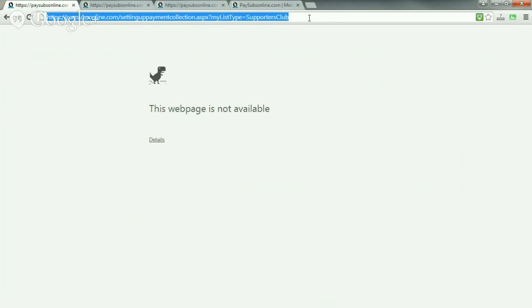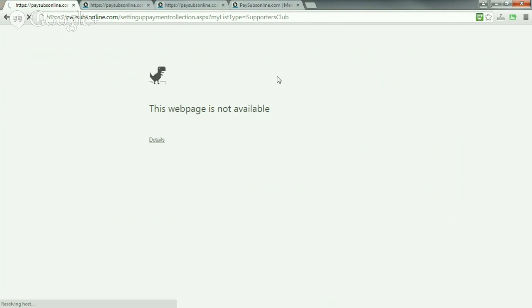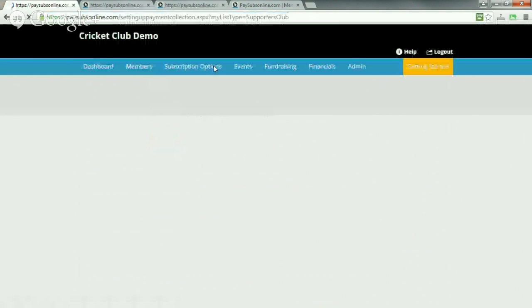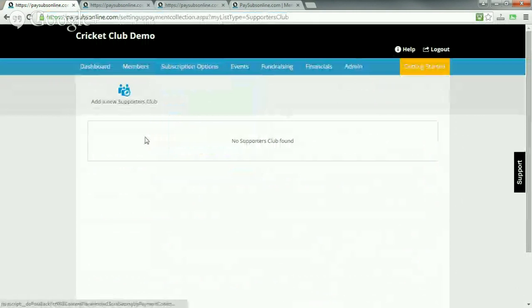It just looks like we've lost connectivity for a second there. Okay, we lost connectivity during that process, but let's very quickly do that again. So we're just having some internet connectivity issues.